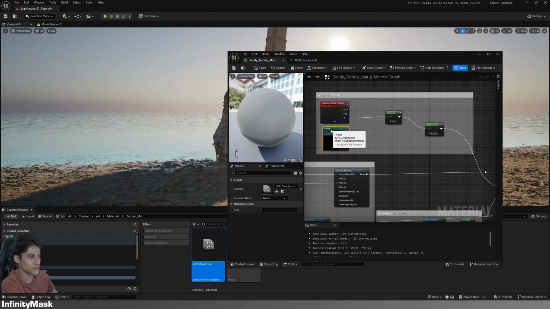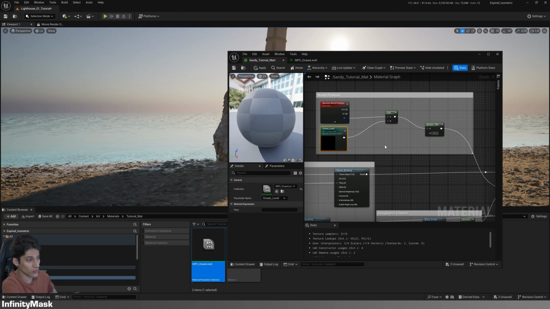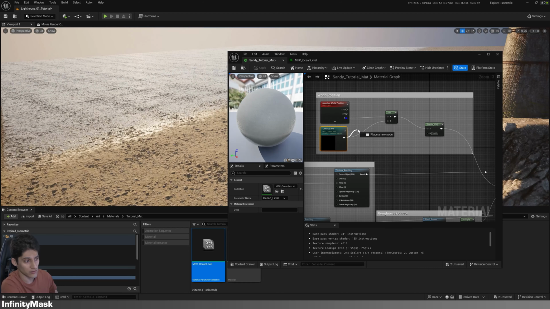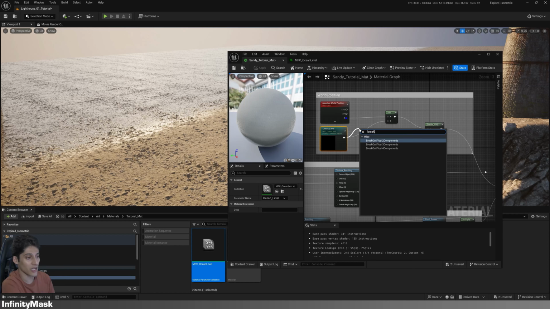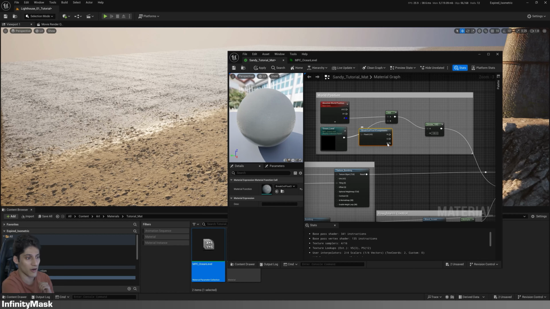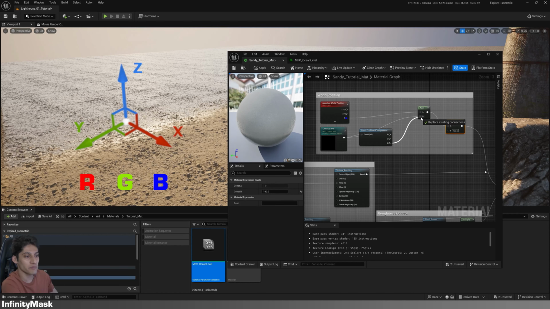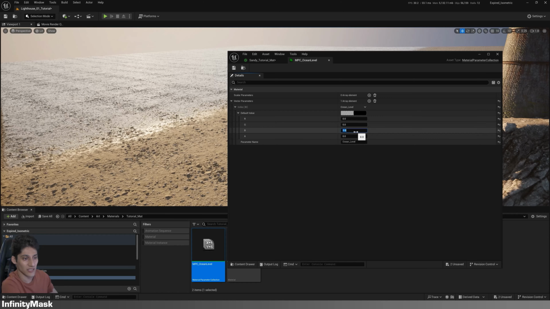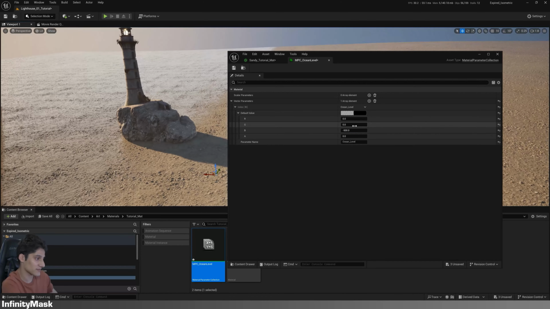Now drag the MPC into your material, click on it, change the parameter name to ocean level. You can connect it to the add node, but this is not what we want. You need to break it to vector3 like what we've done to our ORDP texture before. We typically use B channel for the Z-axis. Apply the changes and adjust the B value in the MPC to see the effect.